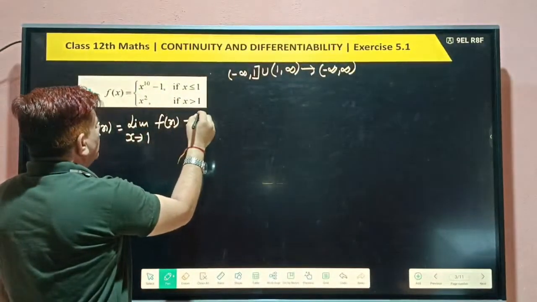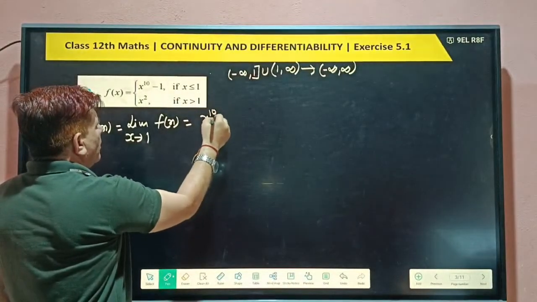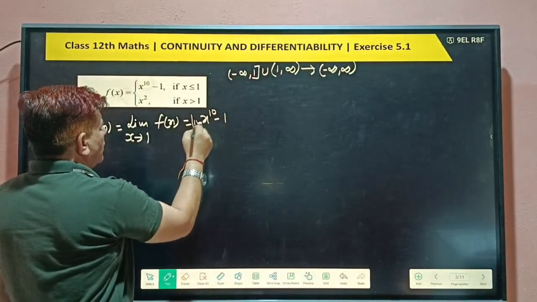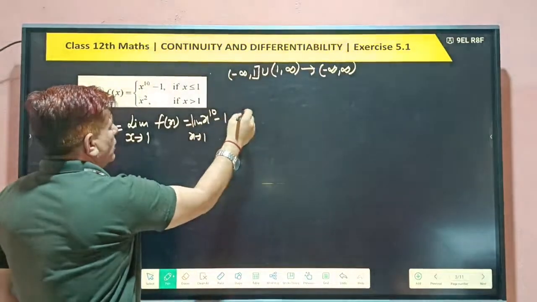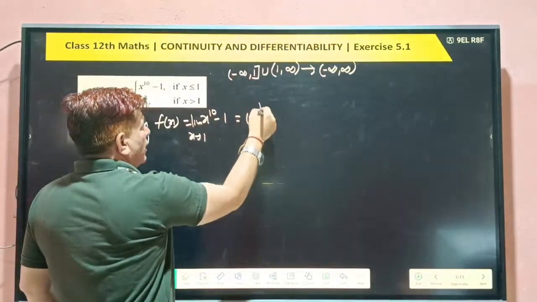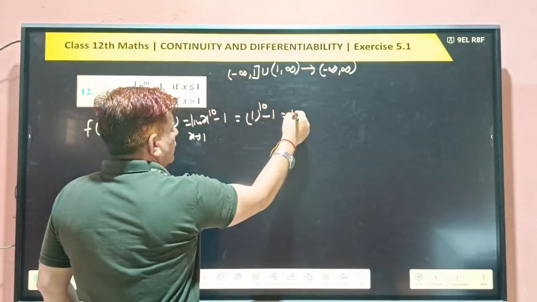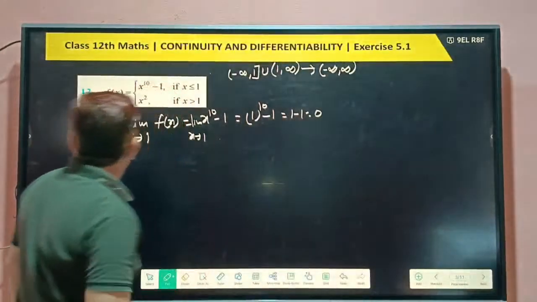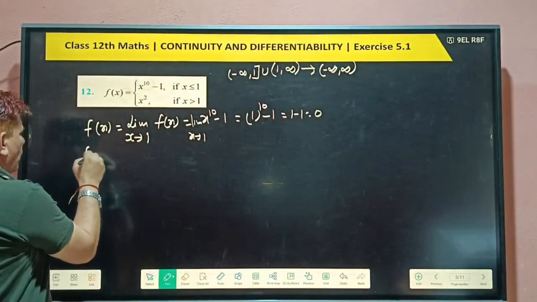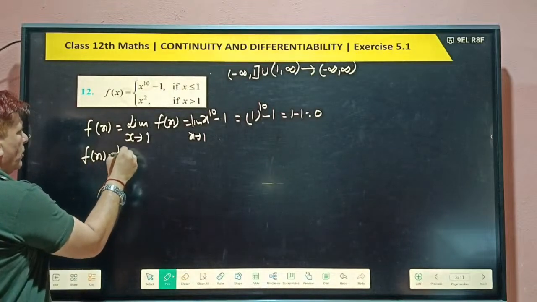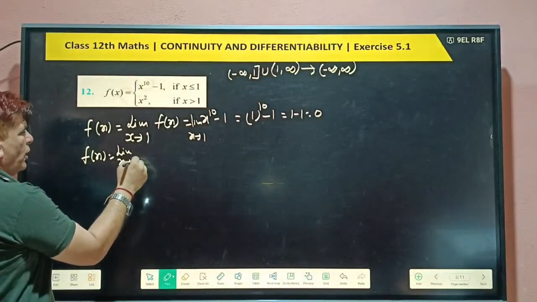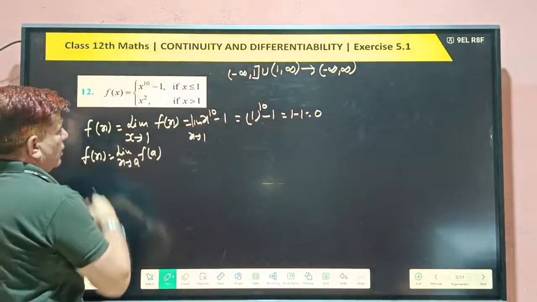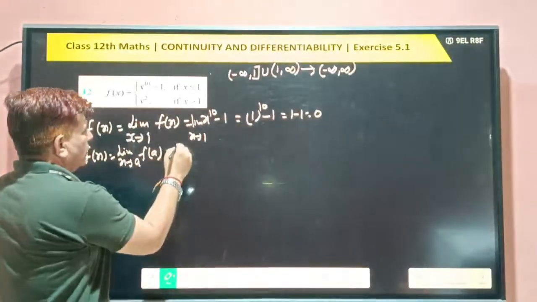This is equal to x power 10 minus 1, and limit x tends to 1. So you can put 1 power 10 minus 1, so 1 minus 1 is 0. So what you can say? The limit of f(x) as x tends to a should equal f(a), which is equal to